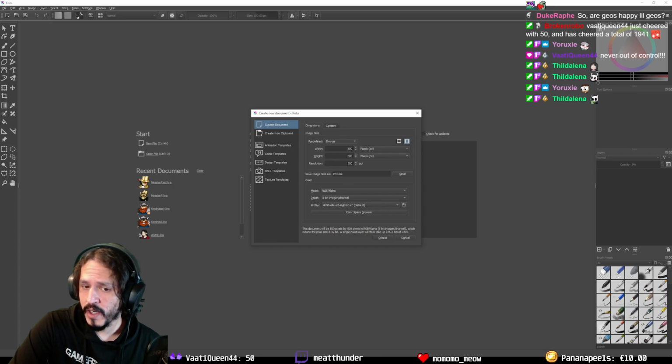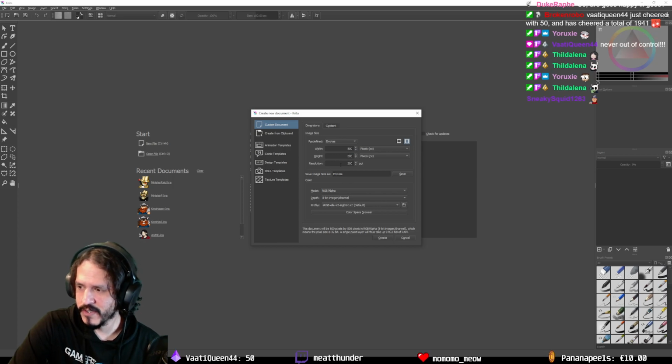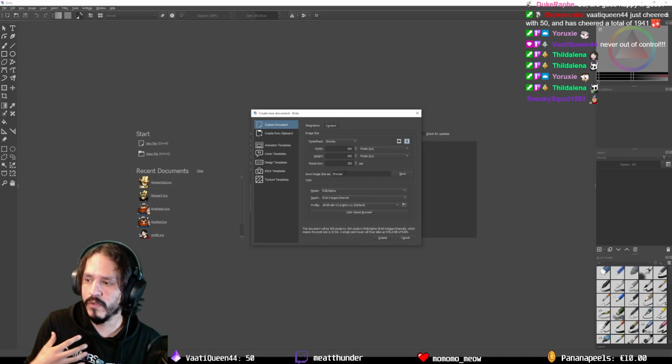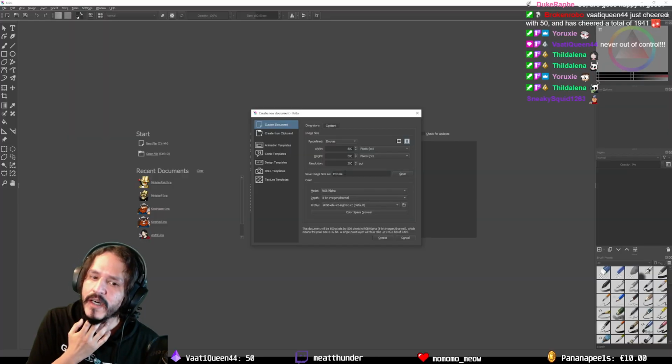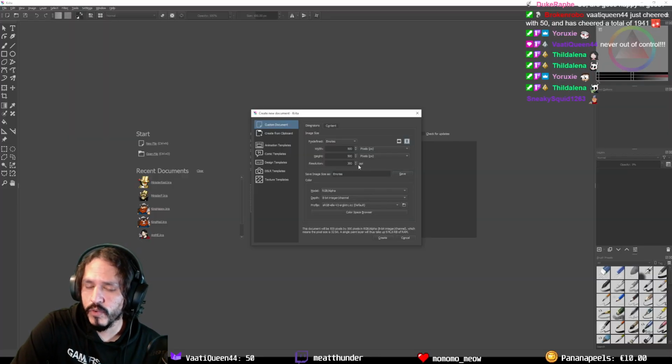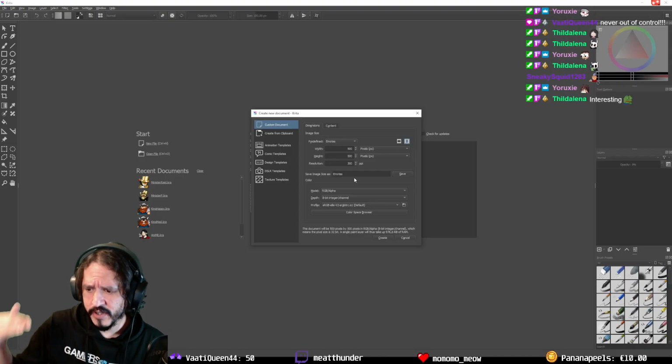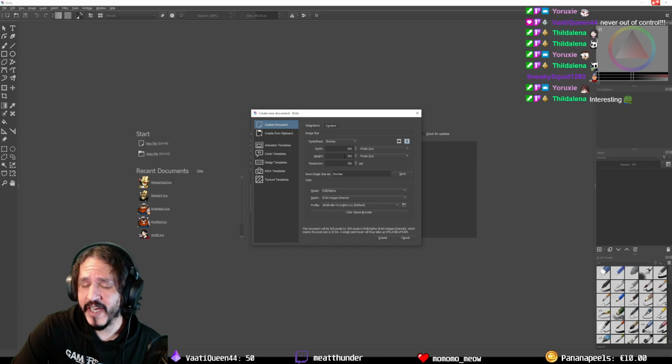The resolution PPI is not important because you're not going to print this. I just like working in 300 because maybe one day I want to print this on a t-shirt, or maybe a mug or something. So the PPI is important for when you are going to print, because it's the points per inch, the density of the printing process per inch. So 300 is a very good standard. It's very high. But my canvas,